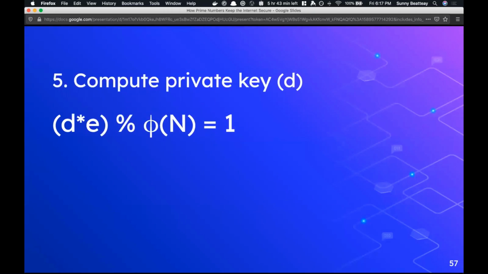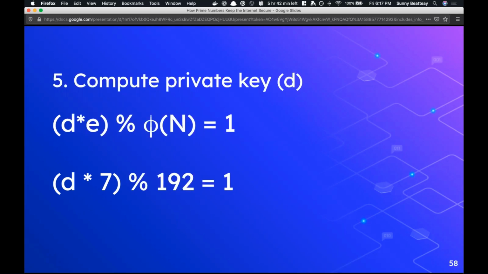We already know what E and the totient of n are, so we can plug those numbers in. So we've got 7 and 192. But now we just have to basically solve for x. If you remember back to your high school days where you did some algebra solving for x, that's what we have to do here. We have to solve for D. The problem is, I don't know about you, but I never learned how to solve an equation that used the remainder operator. And I'm guessing there's a high chance that you didn't either.